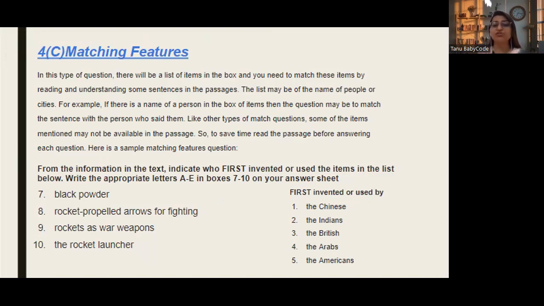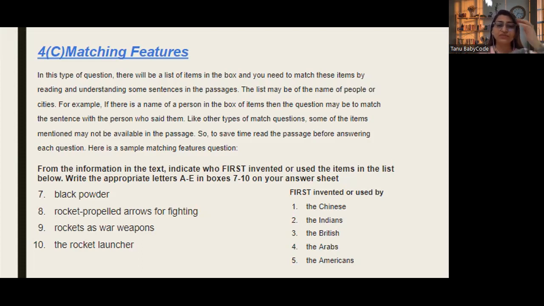You need to match those items by reading and understanding some sentences. The matching features basically means you have to match the feature of a person. It can be the name of a person, like the name of a scientist, researcher, or any expert, right? So what you are supposed to do is match the name of that person with their findings, right? With their research findings or anything which is related to that person, you have to match them up,